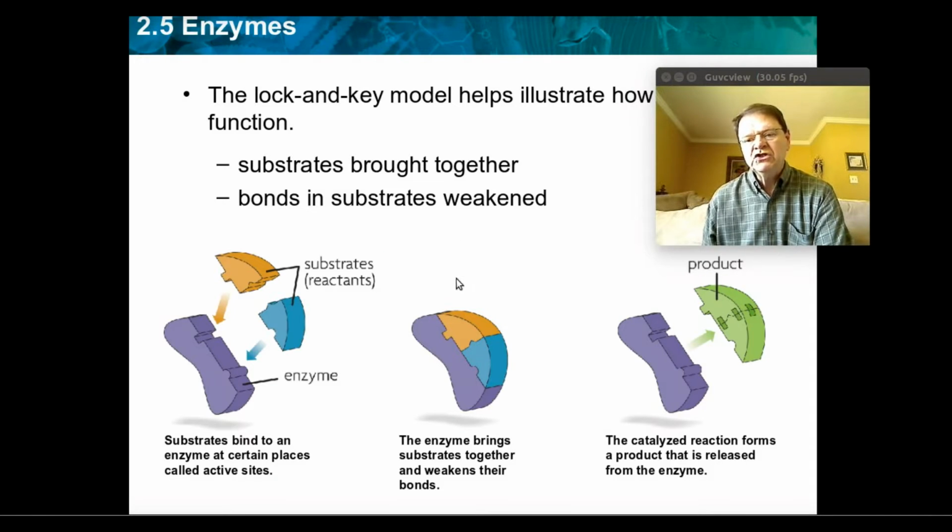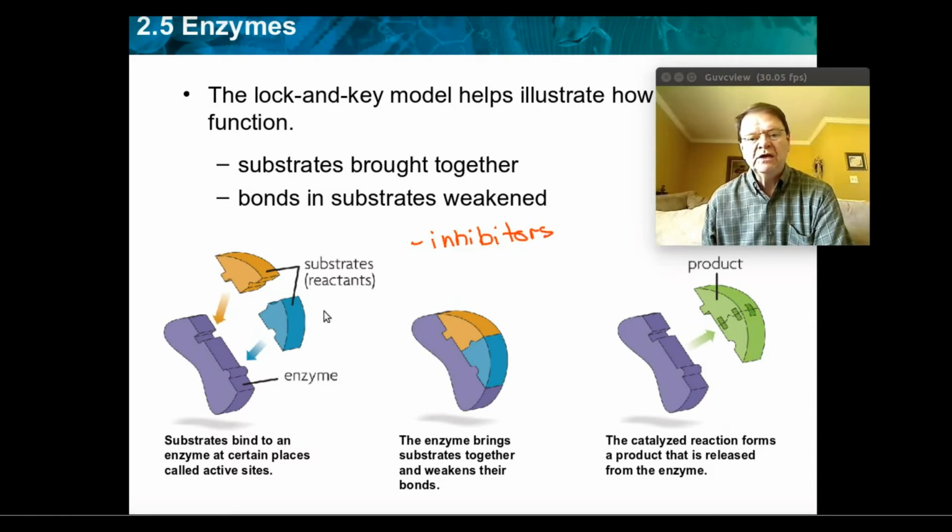While I have your attention, I should also point out that enzymes, once they are there, can be reused over and over again. They're not a reactant, so they're not going to be used up in a chemical reaction. They also need to be turned off at some point or not allowed to proceed. Once they're released into the system, they can't just operate independently. And so therefore, there are also molecules known as inhibitors